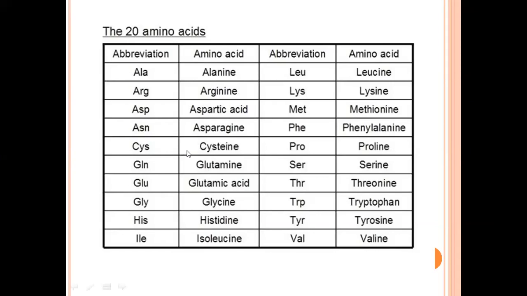Okay. So what did I just say? There are two amino acids which contain sulfur. Which were those? Cysteine and methionine. Very good. However, which amino acid is involved in disulfide bond formation? Cysteine. Very good.